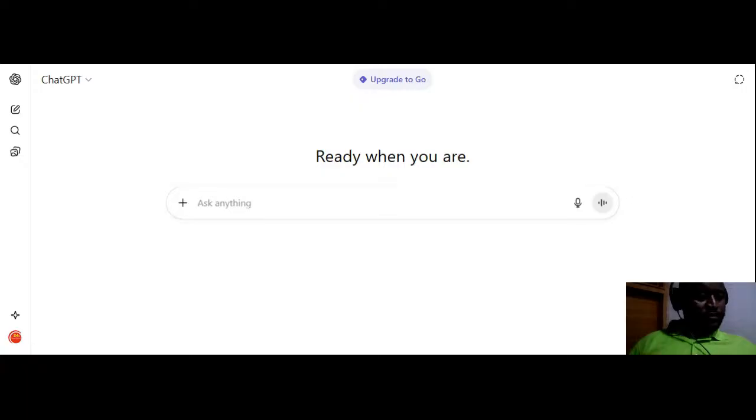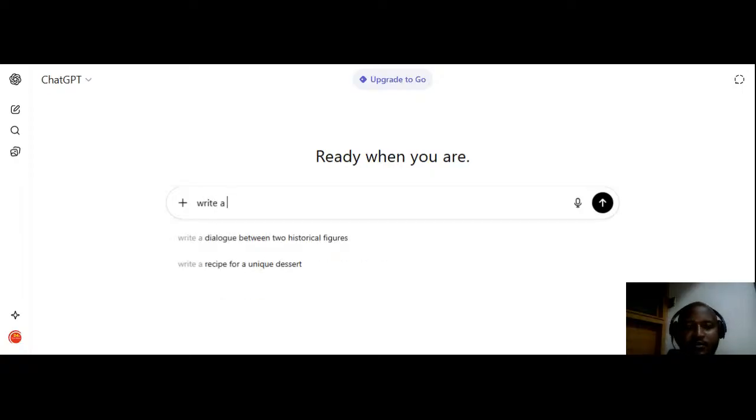Here you are going to write the prompt. You have to specify a prompt here, for example: write a structure of files